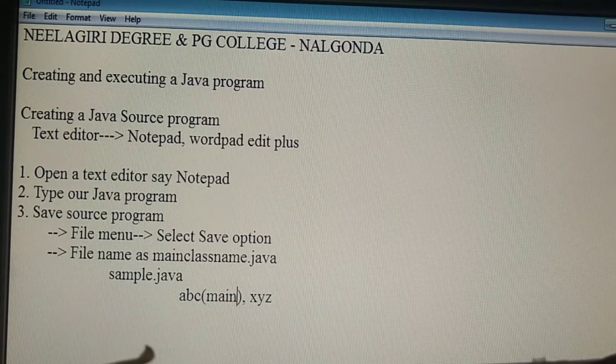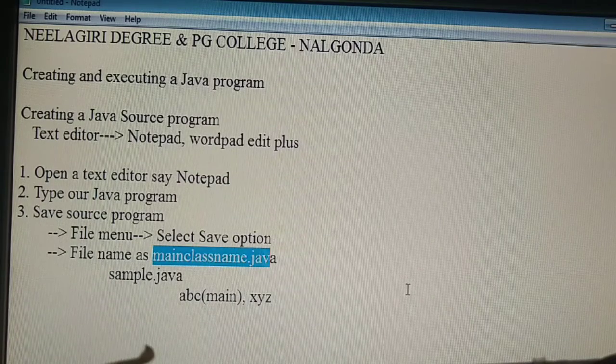Here we have to give ABC, because the main method is in ABC, so ABC is the main class. So we have to give abc.java. Simple. The class in which the main method is there is called the main class. So we have to give only the main class name as the file name.